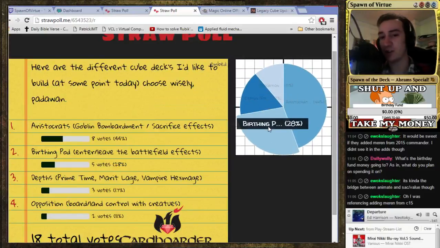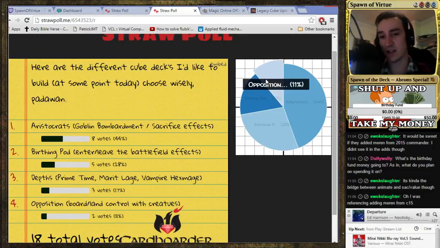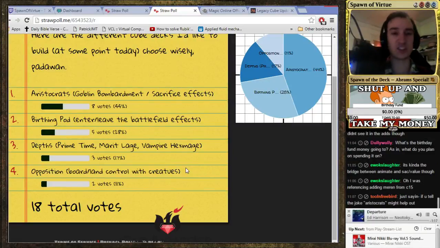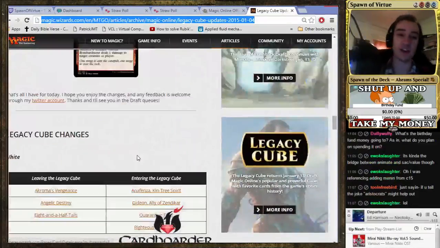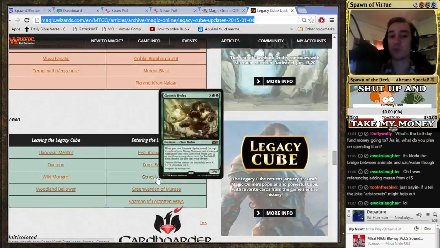So, from the pie chart, you can obviously see that the Aristocrats is getting a lot of votes. Birthing Pod is a close second. Third place is Depths, which is Primetime, Merit Lage, Hex Mage kind of build, Thespians stage, if you will, kind of a lands theme. And then a couple people voted for Opposition. That is a cool deck. I'm going to build it blue-green, I think is the best way. This is going to be a hard deck to steal because, since reading the article, anybody else who's read the article or played the cube knows that green is actually much stronger than it has been and is much more of a chase deck. We've built the green deck already, but...